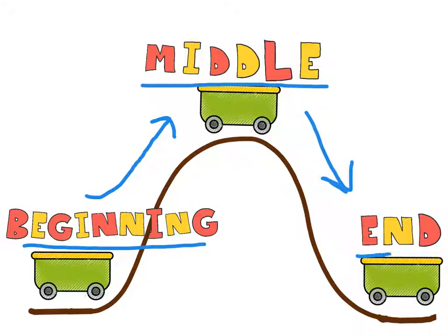The end of the story is where our story comes to a conclusion. Just like a roller coaster, this is the end of the ride, where it slows down and you must get off. This is where the character comes to a solution, just like you come to a solution on whether or not you liked the roller coaster.